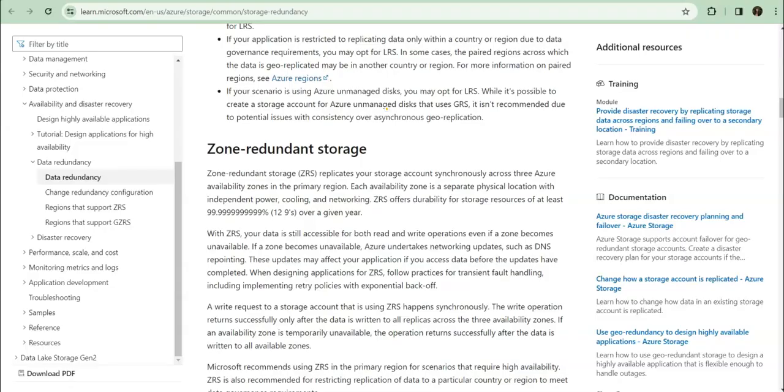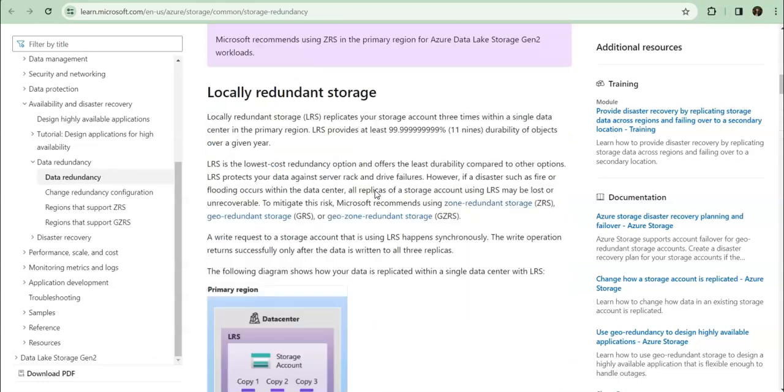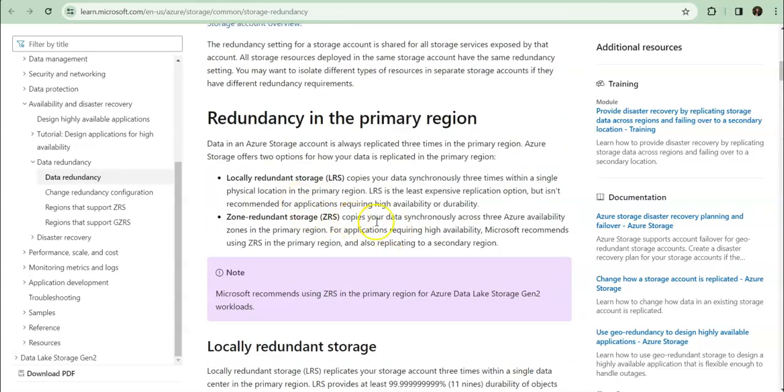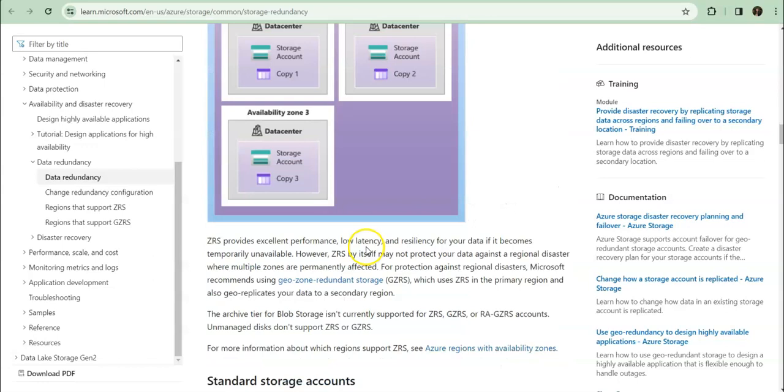This is very evident from the documentation. Again, we can see that I have 3 different availability zones, 1, 2 and 3, and 3 different data centers in these zones, and I will have one copy of my data in all of these. Here again, I can see that it copies the data synchronously across 3 different zones inside the same region. Also, coming back to ZRS, I can see that it provides excellent performance, low latency and resilience for my data,